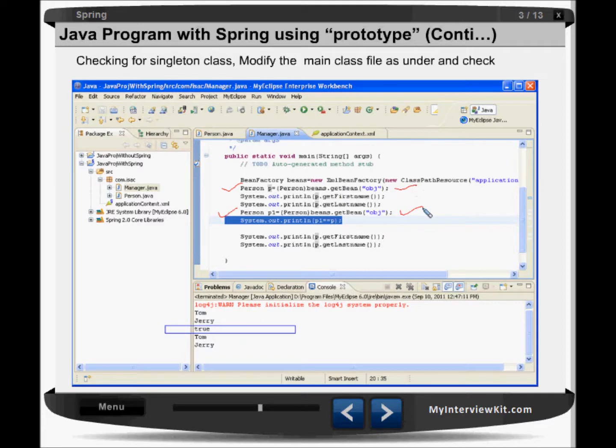And now we are trying to check here P1 equal to P. What are we getting here? See this. So the answer is true. So it means all the objects we are having are the same object. So it is a singleton design pattern. Only one object is getting created for all.